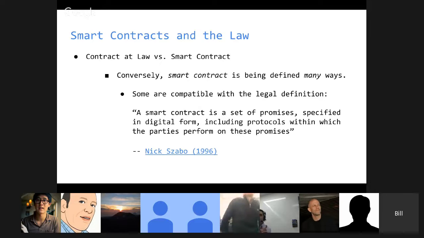And I'm sorry to run all these by you, but they have these little nuances that I like. A smart contract is a set of promises specified in digital form, including protocols within which the parties perform on those promises. So what I really like about this definition is the way Nick is kind of painting a smart contract is not